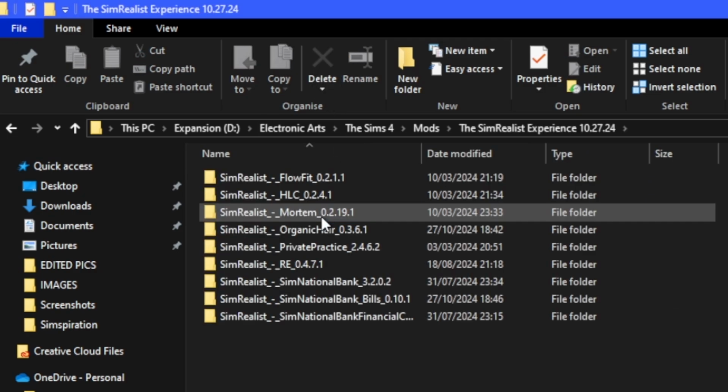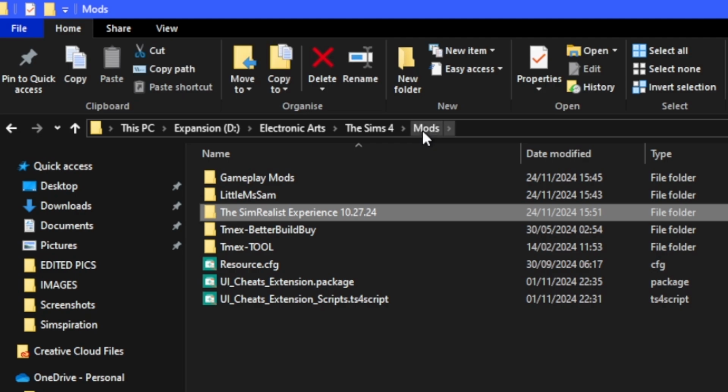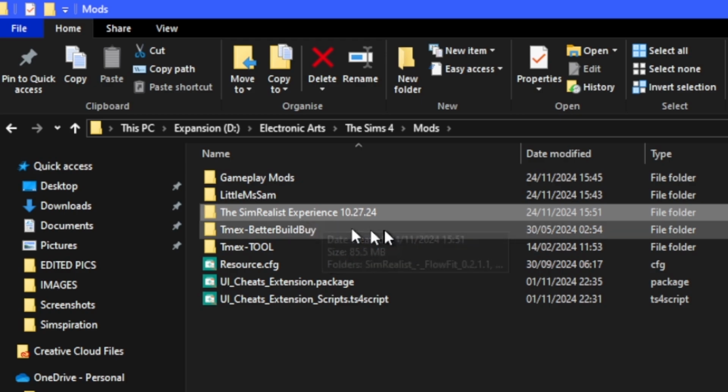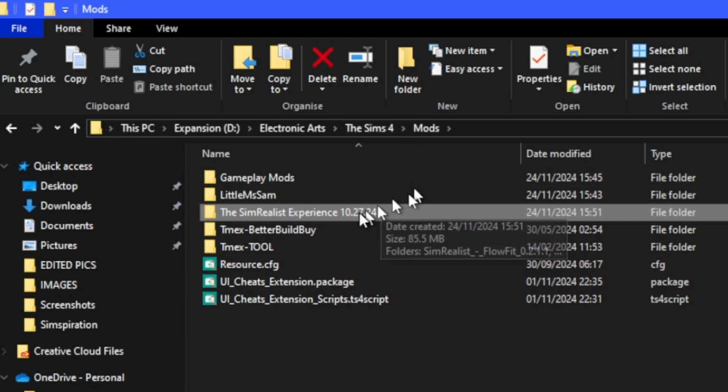Now, like I said, SimRealist has got multiple mods, so I do tend to create a folder for SimRealist. In this case, because I downloaded the entire experience in one, rather than saying the SimRealist experience 10.27.24, which I can leave as is, sometimes I just relabel it to say SimRealist, okay? But for anyone who easily gets confused in terms of which versions they have, especially when there's been updates, I would recommend that you leave it labeled as is,